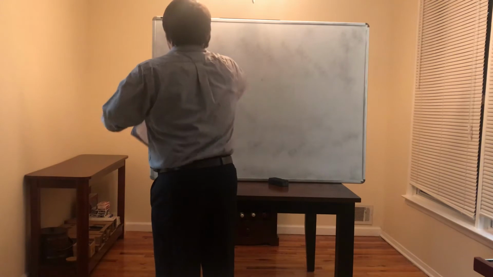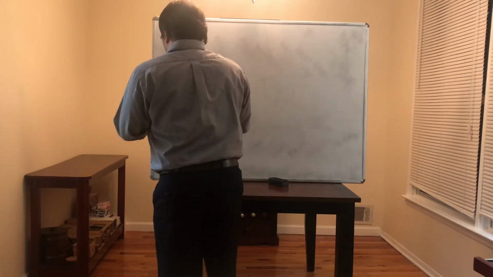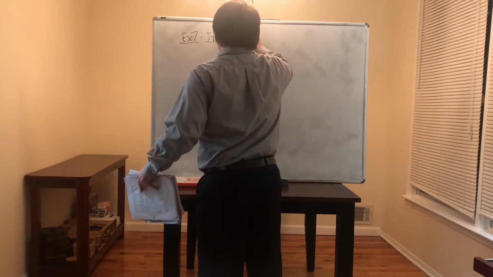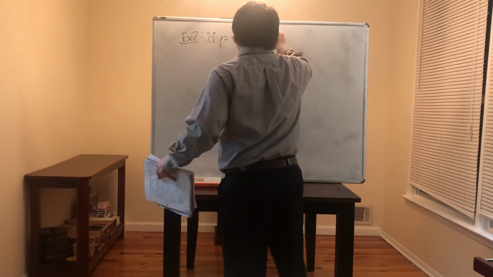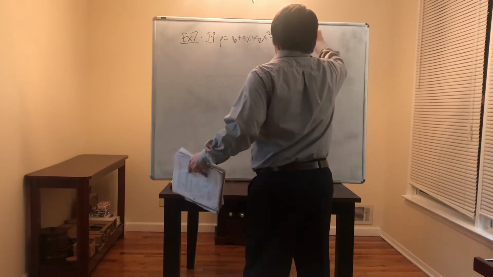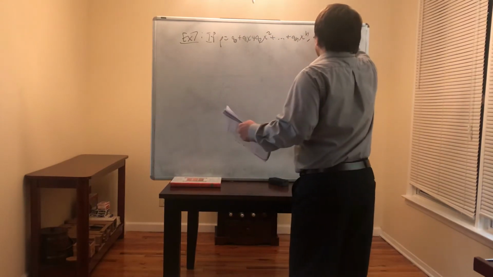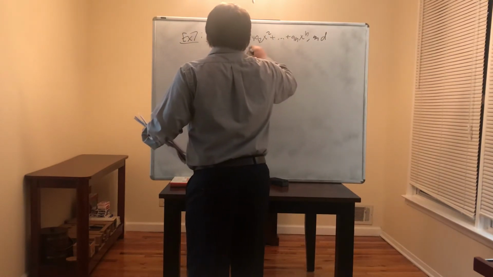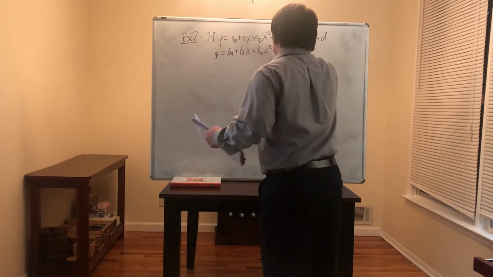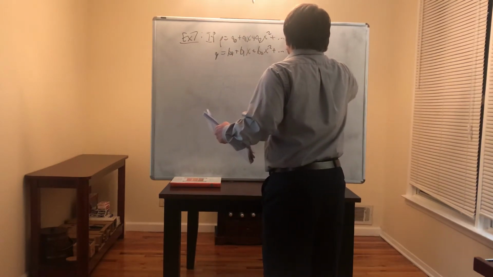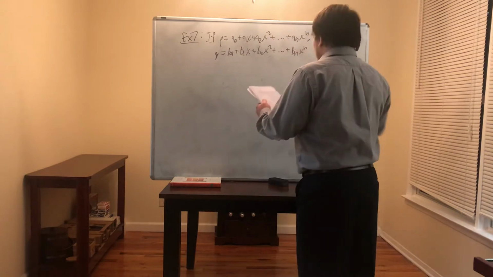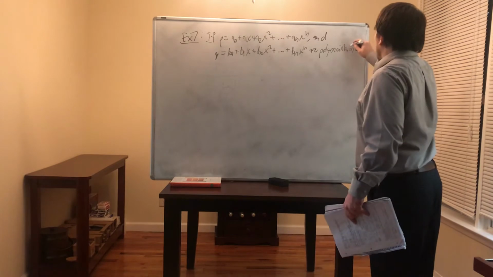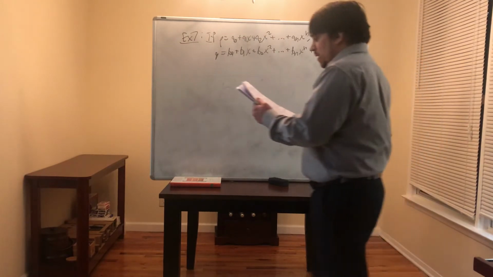Example 7. So in example 7, if p equals a naught plus a1x plus a2x squared plus dot dot dot plus an x to the n, and q equals b naught plus b1x plus b2x squared plus dot dot dot plus bn x to the n, are polynomials in P sub n, then